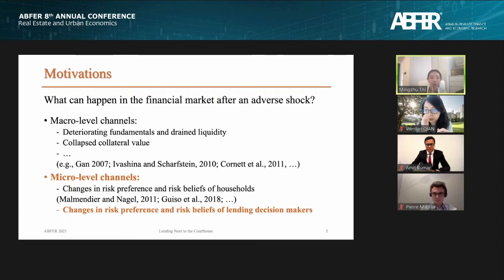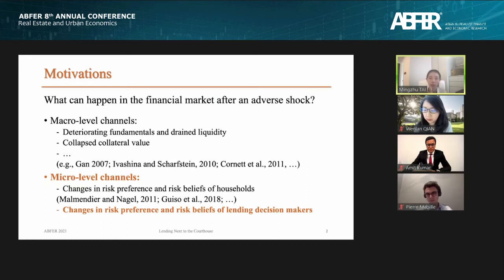Meanwhile, there are also some studies, especially in recent years, that are trying to explore the relatively more micro-level channels, in particular, how individuals' risk preferences and risk behaviors can be affected by adverse shocks. For example, there are a couple of studies which show that when an adverse shock changes the risk preference and beliefs of households, it can then further affect their consumption, their investment, and their borrowing decisions, and eventually